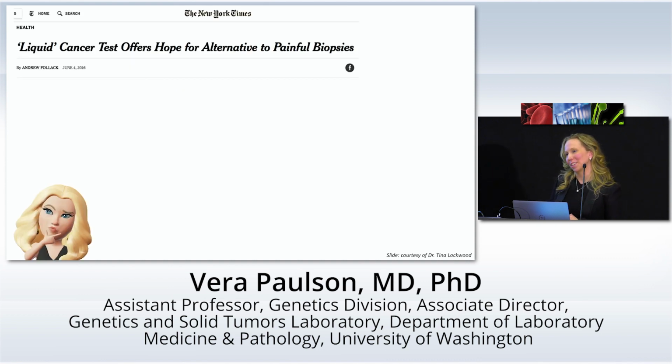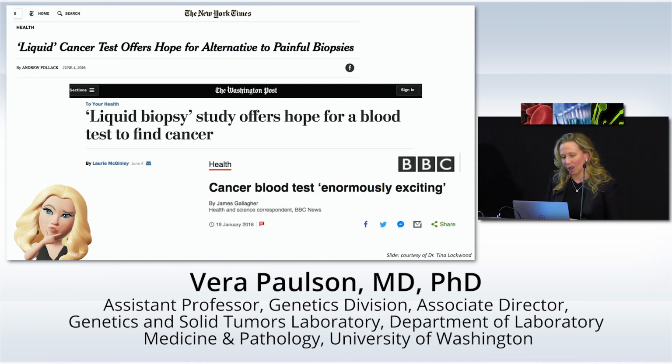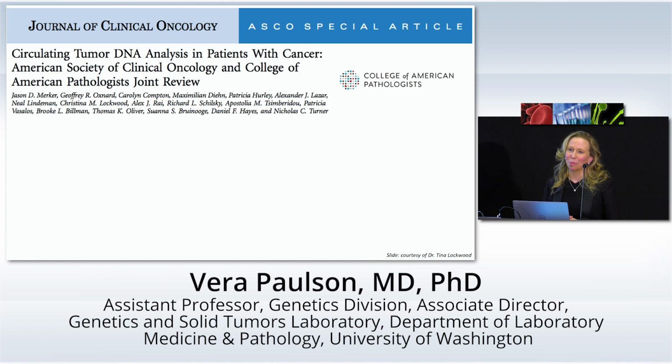I think everyone here, particularly our anatomic pathologists who I get to see in the audience, have heard that they're going to be replaced by liquid biopsies. And as an anatomic pathologist, I can tell you that's not going to happen because there are a lot of things that we have to offer for margins and status. And there's so much going on when you're diagnosing someone with cancer. And so this is my highly suspicious Facebook avatar. And it really prompted a number of organizations to get together and put out this article that basically said, this is not yet ready for prime time.